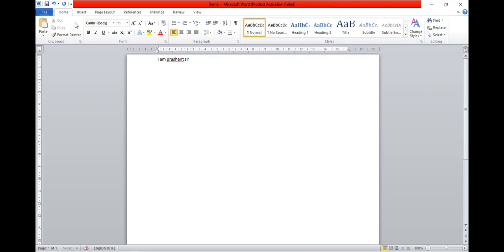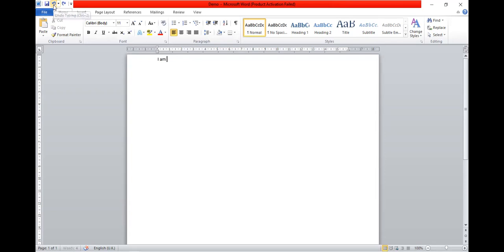Now you can see this undo effect will be activated. So what is undo? Undo will cancel your last action. Look at this. Whatever I had typed, it will be cancelled or revoked. This is called redo. Whatever I had typed, that action will be repeated again, or whatever data I have lost, that data I will get. So that is called redo. It means repeat the action, whatever you have typed. So whatever you have typed, you will get again.